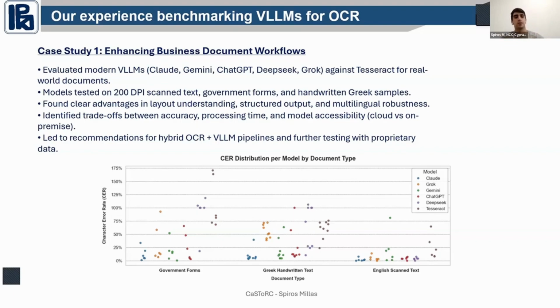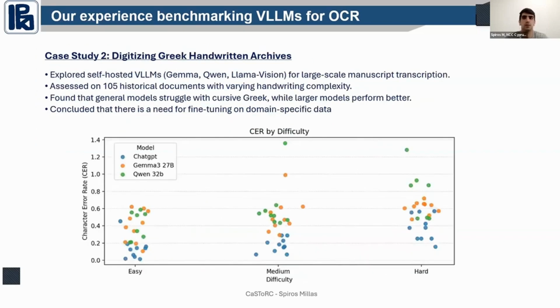We ran this benchmarking and we found clear advantages in layout understanding, in the way it structured its output, and in accessibility, like cloud versus hosting something yourself. And this also led to a recommendation from us for maybe a hybrid OCR plus LLM pipeline, and also some further testing with proprietary data. Our second case study was with the Ministry of Defense, where our goal was to essentially do a consultation and feasibility study on using self-hosted VLLMs